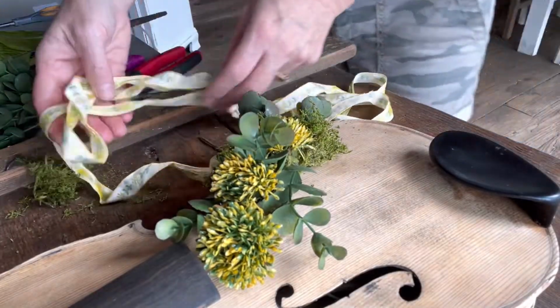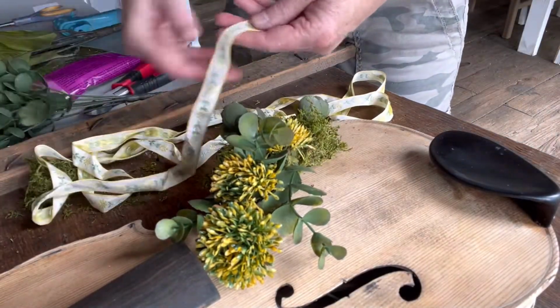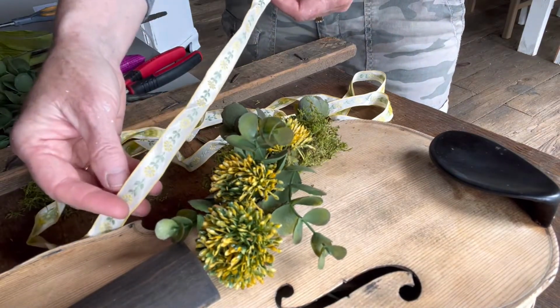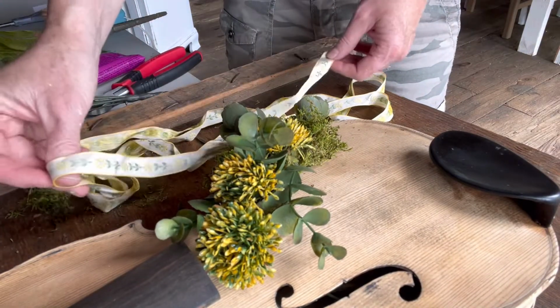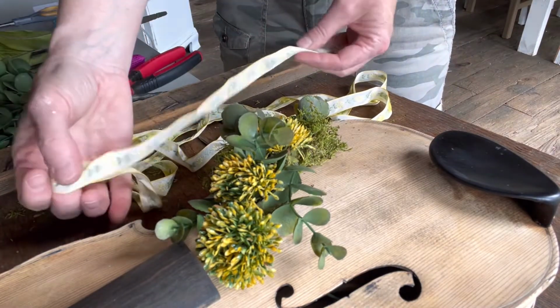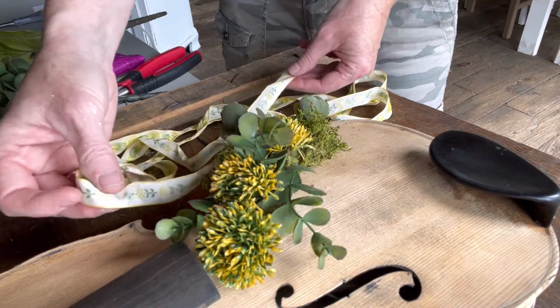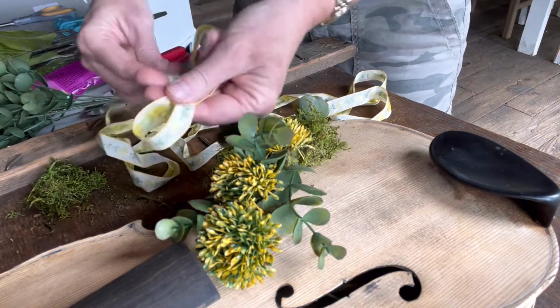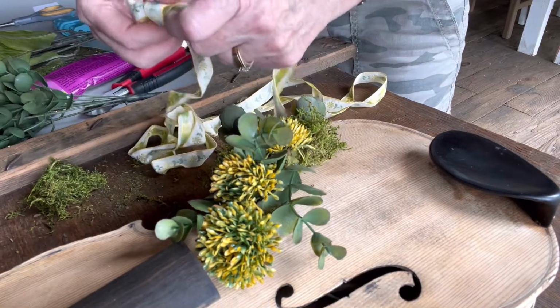I happen to have some beautiful vintage ribbon that's got some similar color to it. It's a little bit of yellow, it's got some flowers in it. I think it would look really pretty with this. I'm gonna go ahead and add it. It may or may not be your style. It may or may not be my style either. I'm not sure until I get it on there, but I'm gonna just tie a simple bow with this